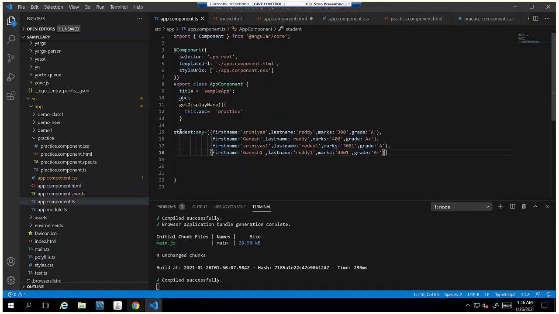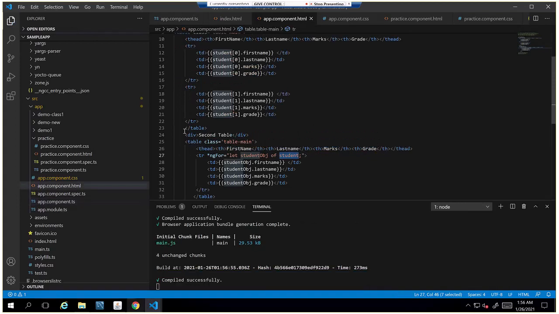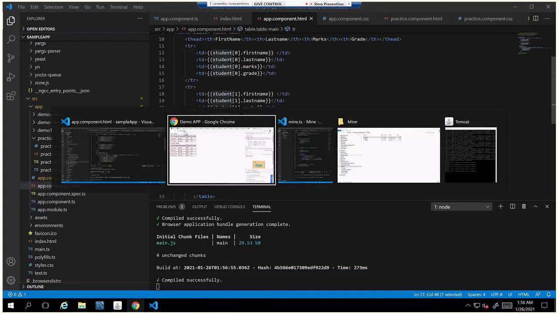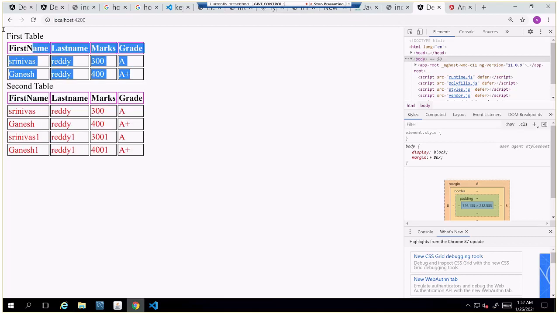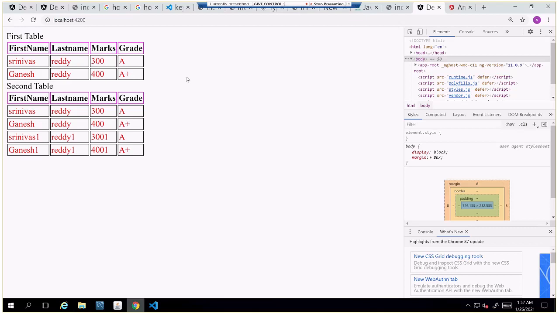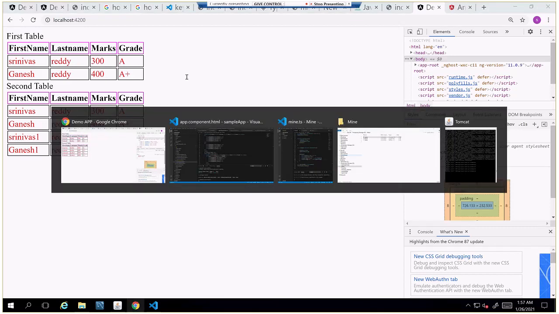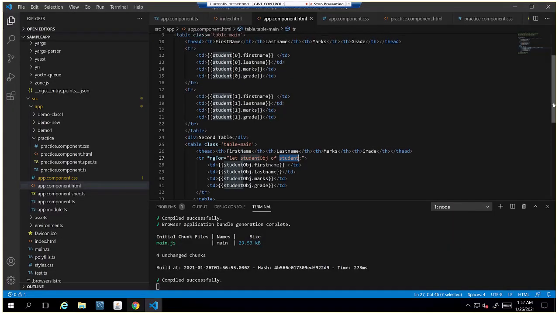That should be the student object. So it printed the second table with all the dynamic data, and the first one with the static data. Static means without a for loop.